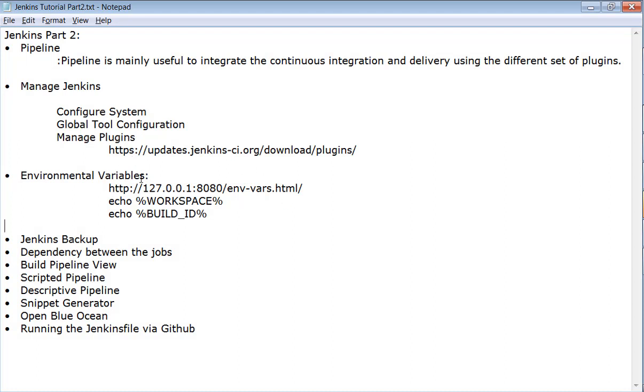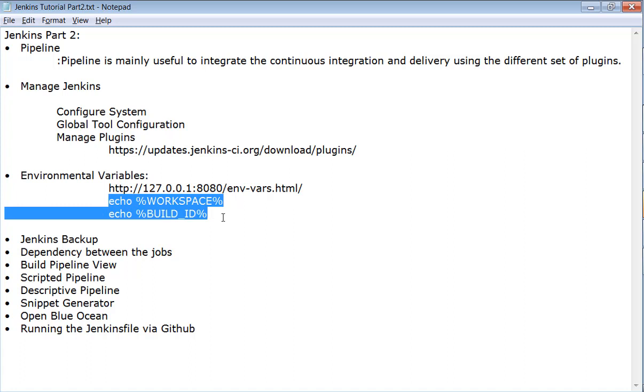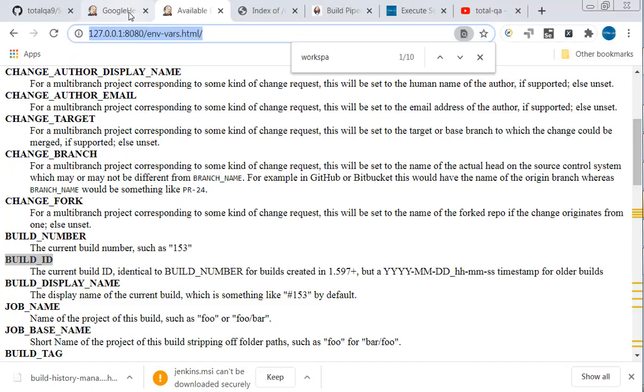Now, not only that, suppose you want to define user-defined environmental variables at the Jenkins level. These are all predefined by Jenkins, but if you would like to create our own environmental variables, that's also possible in Jenkins.